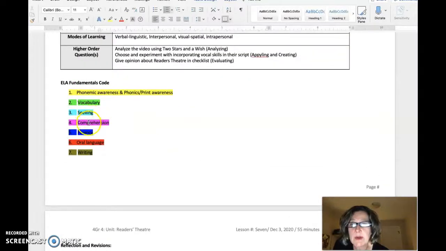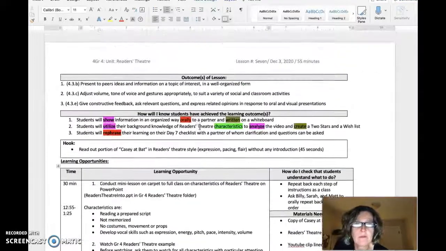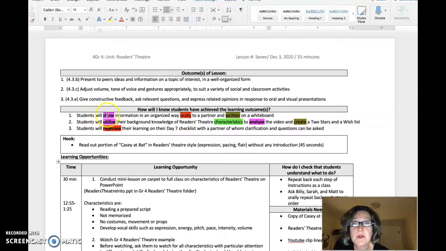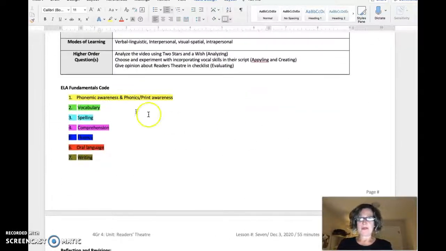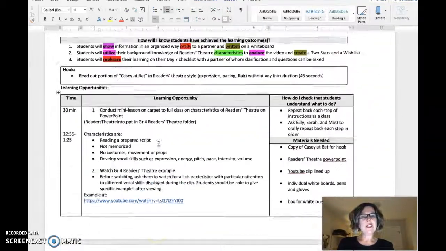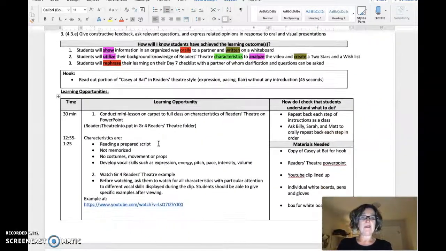What am I going to do around comprehension? I'm going to have students show information. I'm going to have students utilize that background knowledge, and I'm going to have students analyze. Okay, so then, but you can see here, I don't have much around phonemic awareness. I don't have much around spelling or vocab. It's okay to not have every one of these in every lesson, because a reader's theater where they are not